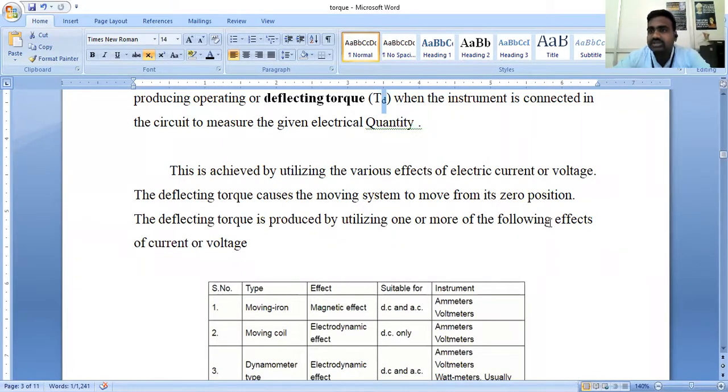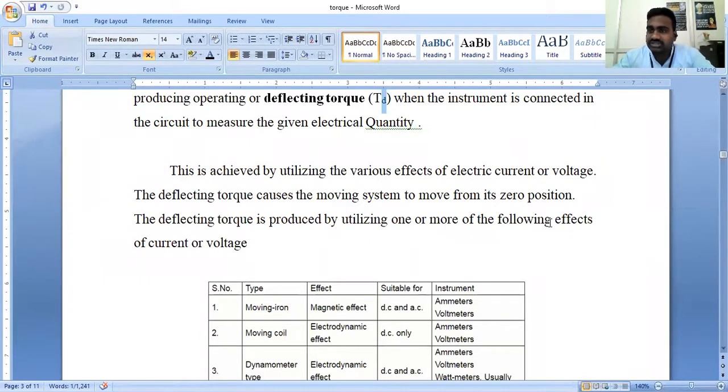in order to read a particular amount of current. A similar thing happens with respect to the voltmeter. Okay. Say 10 volts is the amount of voltage in the line. Whenever we connect the voltmeter in parallel to the line, the EMF is applied across the conductor. Whenever a certain amount of EMF is applied to the conductor, electrons will start flowing in the conductor. So that will be a current carrying conductor placed in the presence of a magnetic field. Okay, so the conductor will start rotating, and the needle will start deflecting from 0 volts to 10 volts on a particular scale.